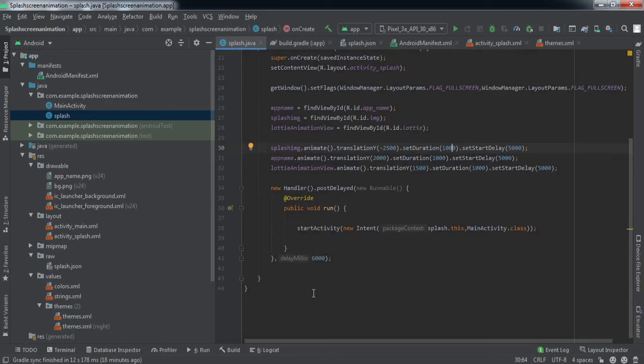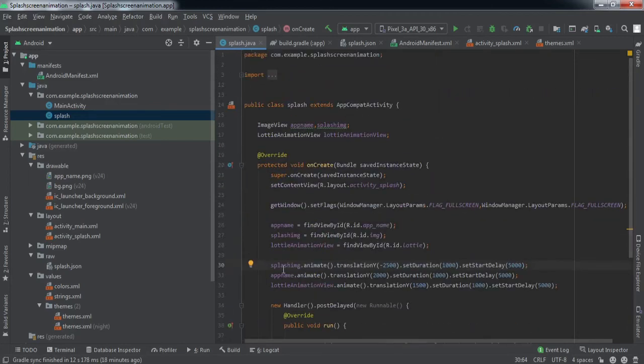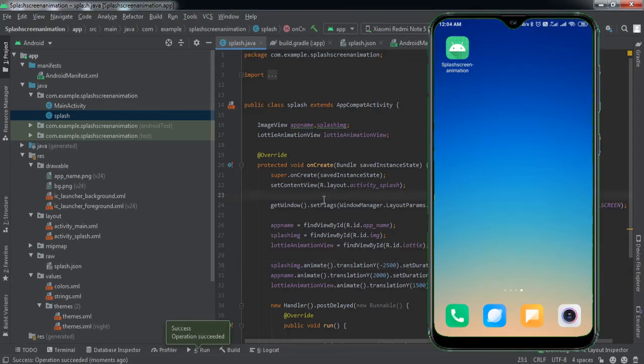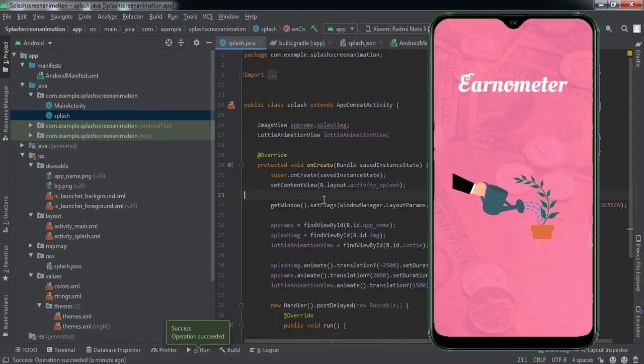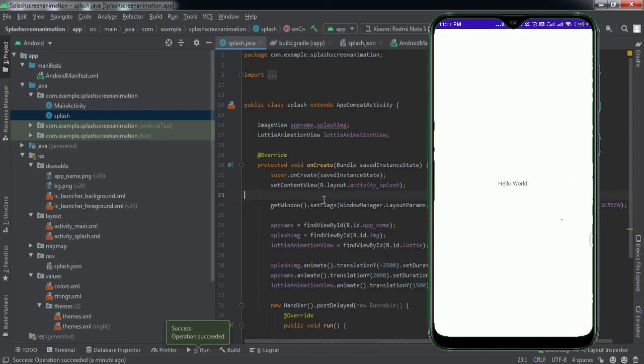So I guess we are pretty much done with our backend code as well, and we have set all the things right. Now I'll quickly install this app to my cell phone and see if it is working fine or not, right? Okay guys, the app has been installed to my cell phone. If you can see on my mobile screen, if I just open this app, here is this animation. All the elements will translate and we go to the main activity, right? So I guess we have successfully implemented this splash screen animation using Lottie animation, right?